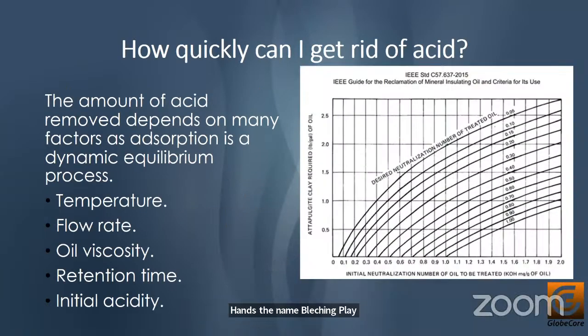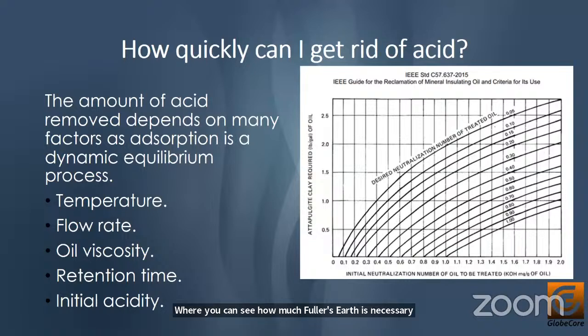If we touch on the topic of material in regeneration processes, the first thing we are asked about is how much oil can be processed with a certain amount of Fuller's earth. This is a variable value. The IEEE standard C57.637 includes a table where you can see how much Fuller's earth is necessary to process a gallon of